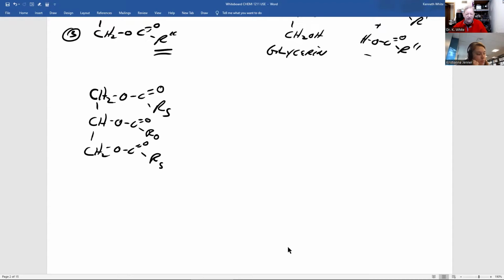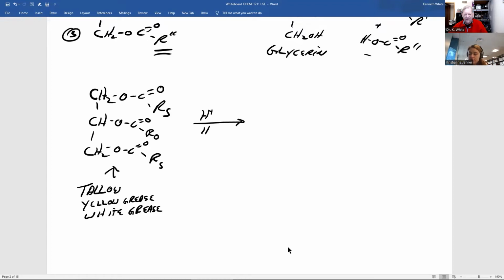Now, let's look at the following. This structure is the structure I will use in this class for tallow, yellow grease, which is a type of pig's fat, and white grease, which is not named after me. And if I were to ask you, give the organic product or products for the following reaction,